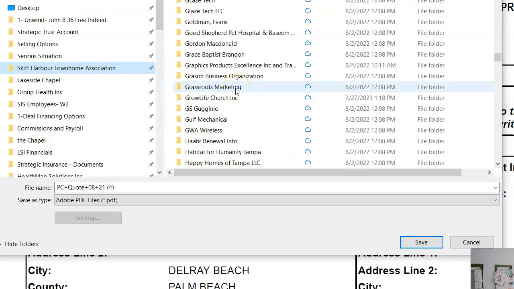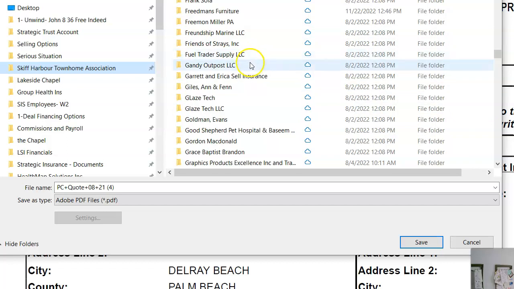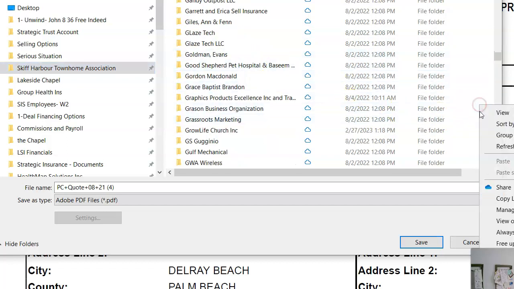What happened to Skiff Harbor? A lot of stuff. So Gulfstream. Do we not have Gulfstream in here? Maybe not. So I'm going to add a new file for Gulfstream. I'm going to stop the video now at this point. So that's how you do Citizens